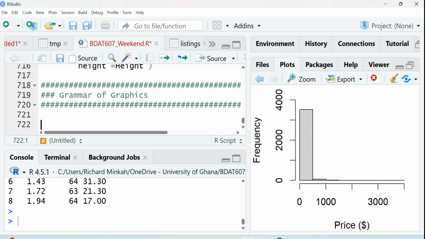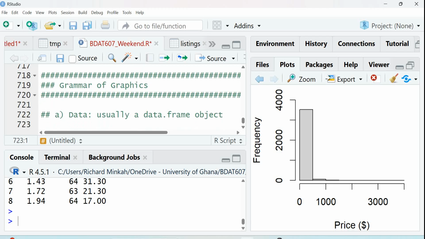So what do we do here? So first of all, we have data. So what is the data? That's what you have been presented that you want to show with the graphs. So usually you have what? A data frame. But remember that you can also have a vector and you want to plot it. So that's why I said usually. Okay. Then B,